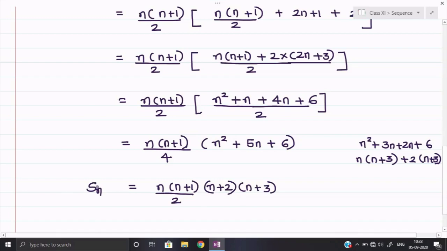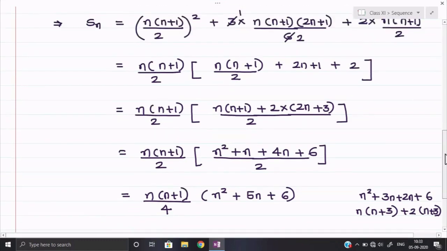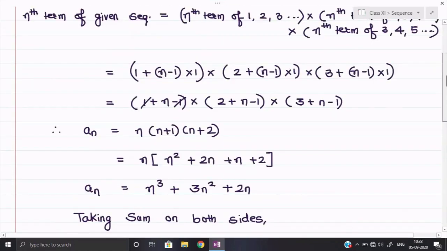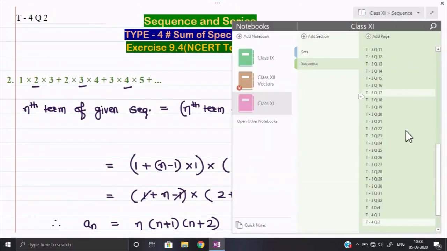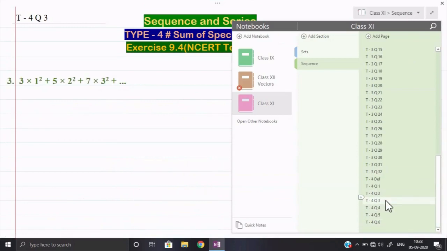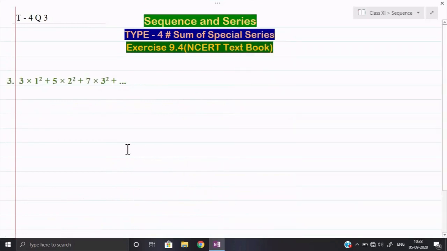Okay, if you put value of n equal to 1, n equal to 2, you will get the required sum as per the question given to us. So here we have completed now the second question. Now one or two questions you can try on your own, that I am keeping as homework for you. We shall discuss orally about that question, so at least one or two questions you can try on your own.